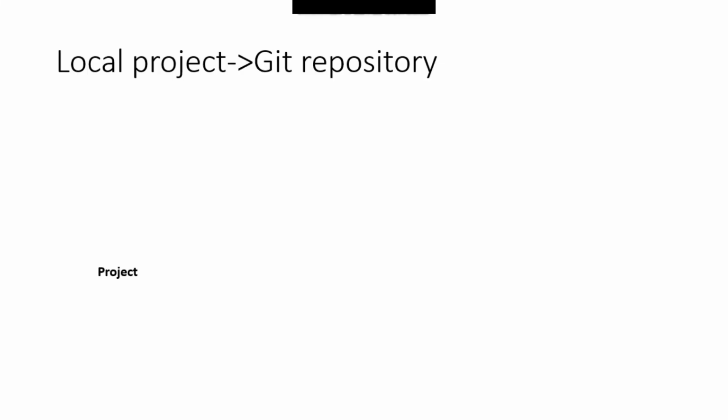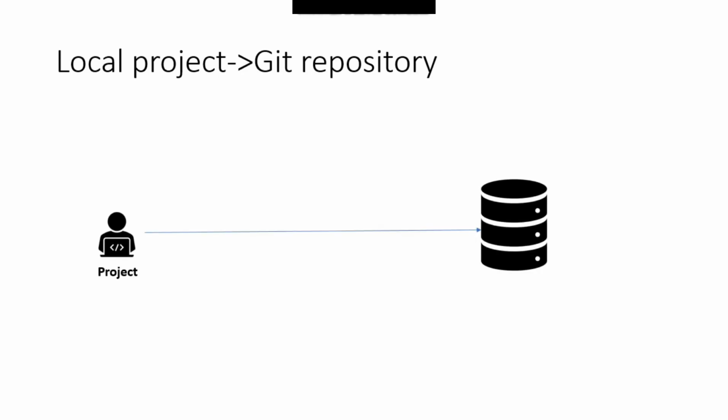So for example, you are working on a project which is not yet initialized with Git. Now your manager asks you to manage your project using Git. So the first thing that you need to do is to create a repository, because if you ever want to manage your project using Git, the first thing you need to do is create a repository. If you are following our tutorials from the beginning, you might know what a repository is and how we create a repository.